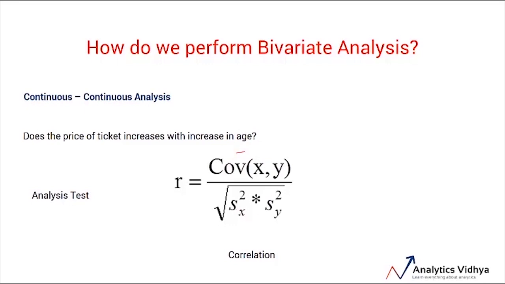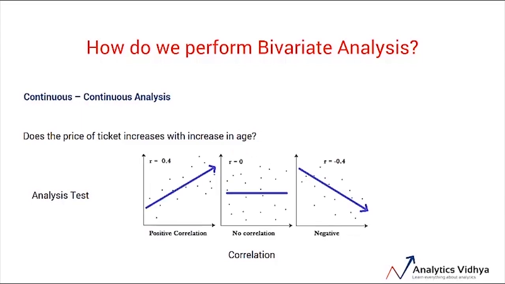So what do I mean by strength of linear relationship and its direction? Let us have a look at these three examples. Look at this leftmost one, where we have a value of r equal to 0.4. Now, the magnitude of 0.4 represents the degree of strength between the two variables, whereas the sign of r represents the direction of the relation or association. So for example, here since r is positive with a magnitude of 0.4, there is a positive correlation between the two variables involved with a strength of 0.4.